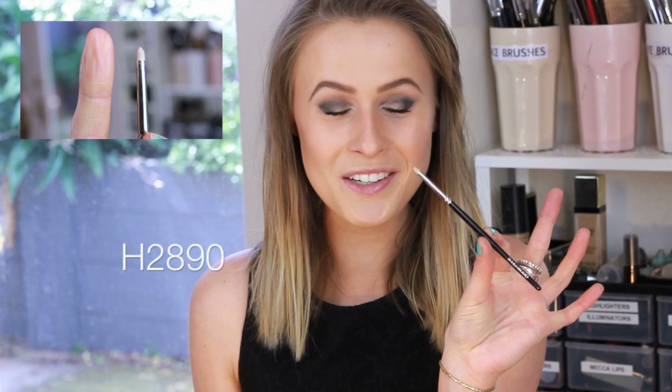But once again, because it is tapered, it's going to blend it out a little bit as well. And then I also got this little baby one here, which has been a lifesaver. I freaking love this brush. It's beautiful. It's so small, but it's really good for getting right in the inner corner, in like the tear